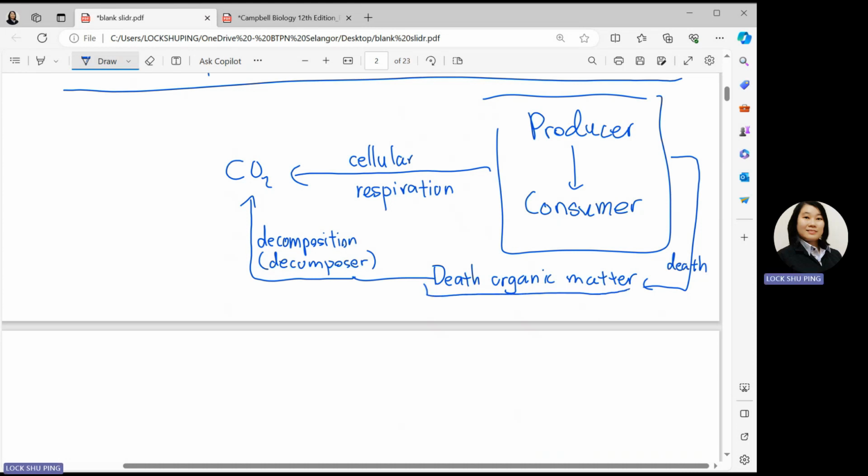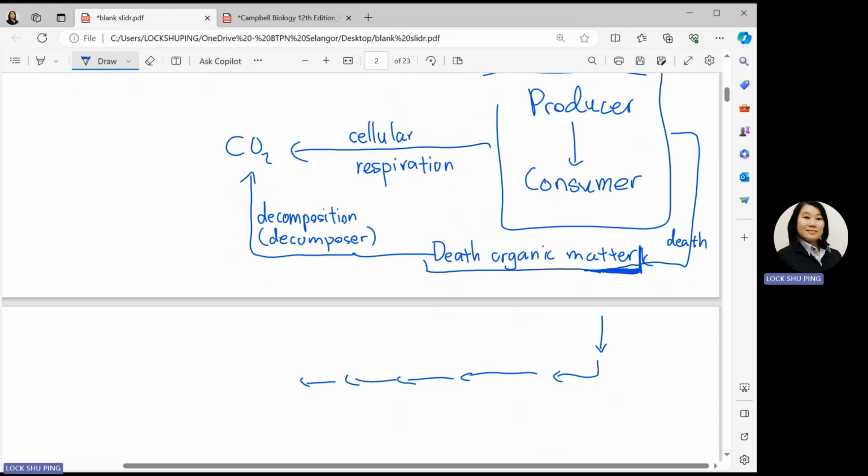Some of this dead organic matter does not return to the atmosphere. When broken down by the decomposer, some of it is stored or dissolved inside the soil, so it becomes part of the soil carbon. Due to some of the processes that happen on earth, this soil carbon can eventually become fossil. This is called the process of